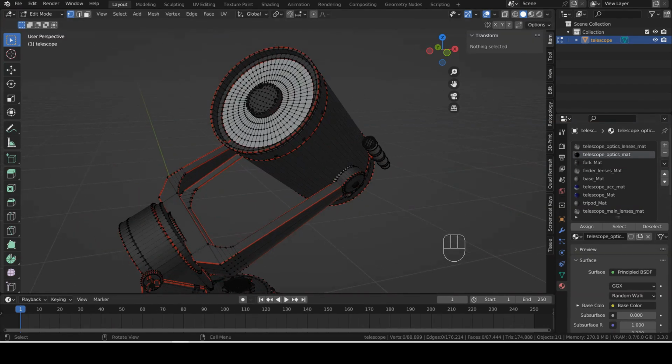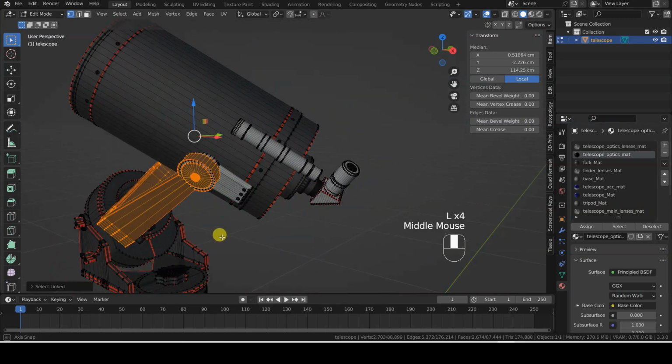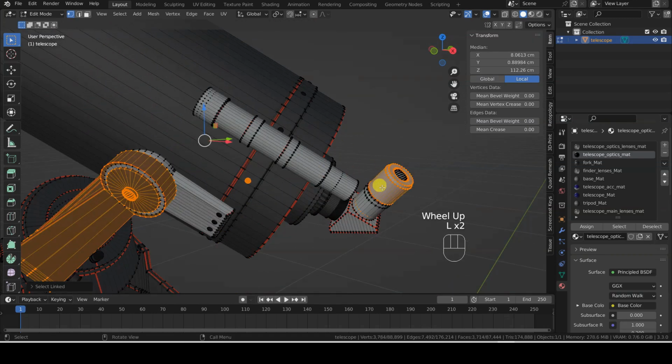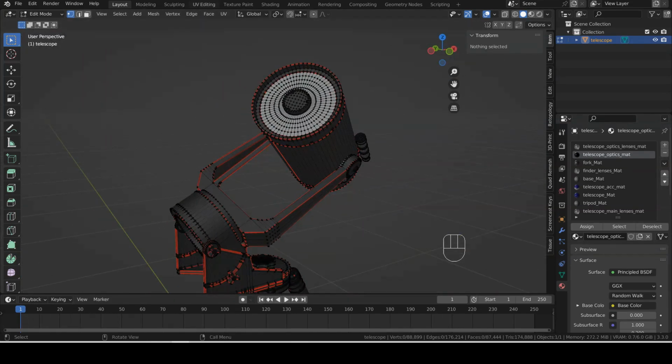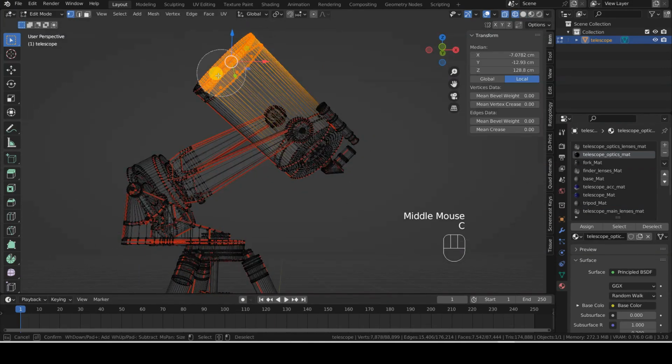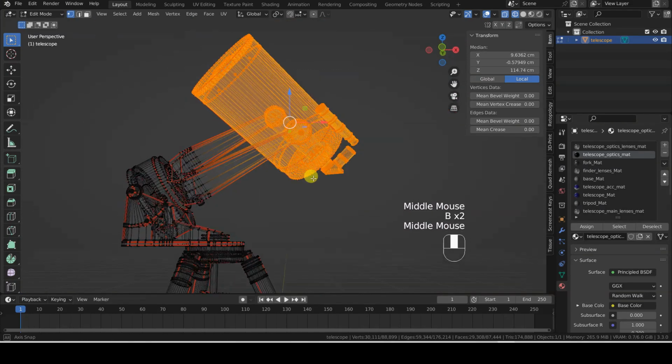We are interested in separating the telescope into 3 parts, so we might be tempted to proceed manually with the Separate function, but even this method has many disadvantages in this particular case. There are indeed several methods to select parts of an object, but the telescope is composed of many details, so there is the risk that by proceeding with individual selections we might forget some. On the other hand, proceeding with larger selections, for example with border or circle select, we might risk selecting parts that we are not interested in.